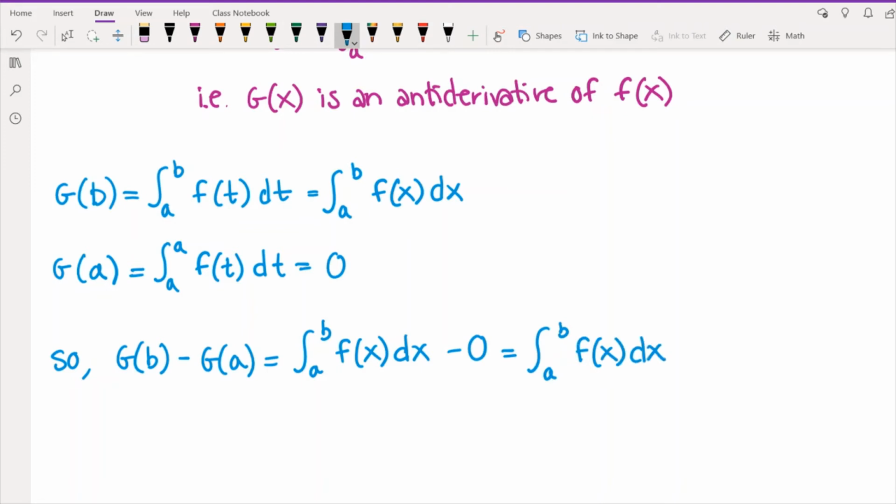So at this point, we're almost there, because what did we just show? We just showed, so remember that g is an antiderivative of f. So we just showed that the integral from a to b of f of x dx can be expressed as g of b minus g of a, where g is an antiderivative. So I'll make a note of that. G is an antiderivative